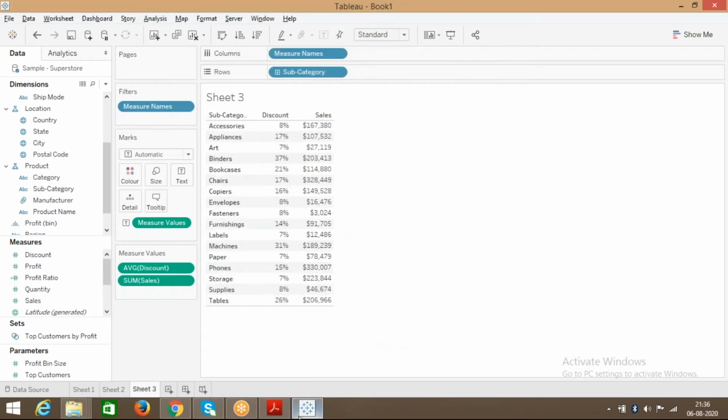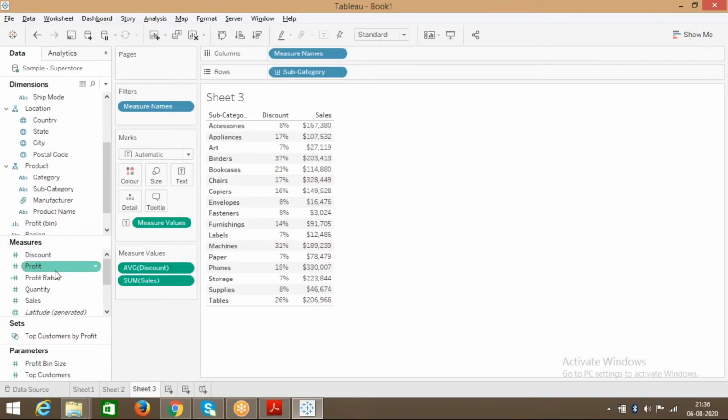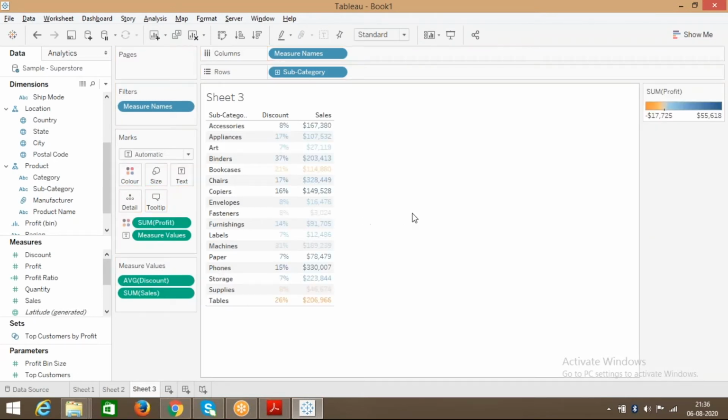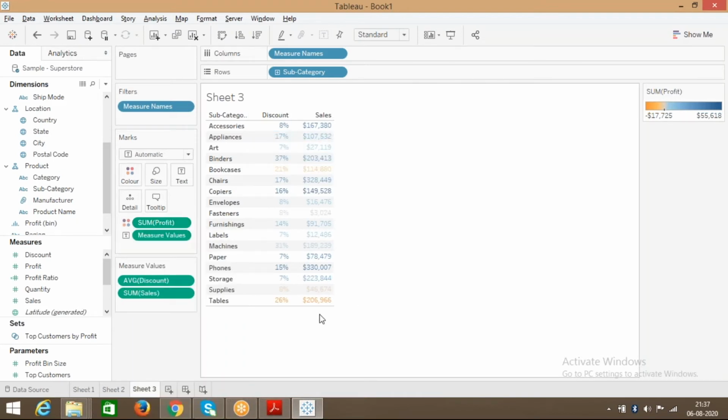Okay, this is your sales and discount. Now based on this, next one is, for example, now there is a profit. Now we are looking at the data by profit, so I drag the profit onto the color shelf. So observe here, based on my profit, the data set is shown. If you look at this, each and everything is in a different color. These are all the minus values showing up this way.